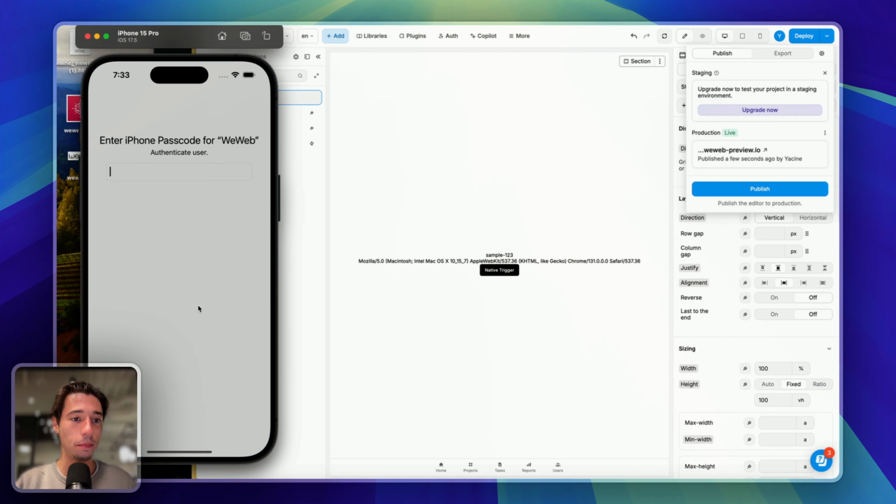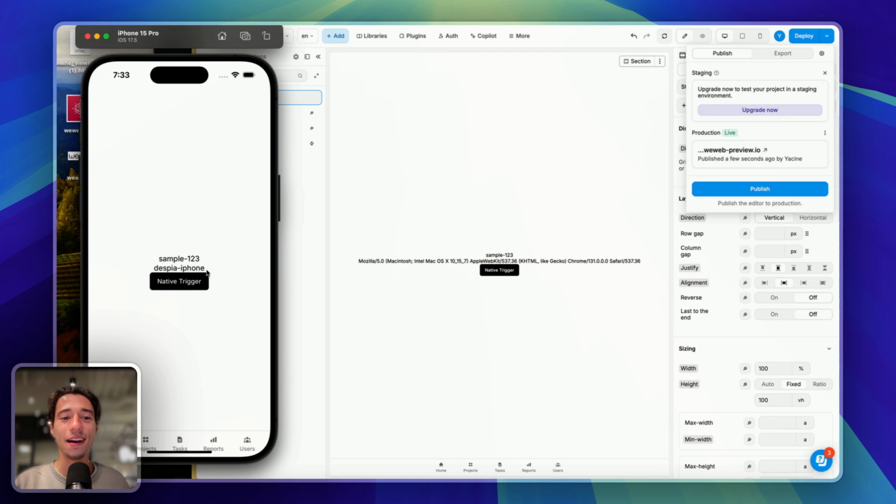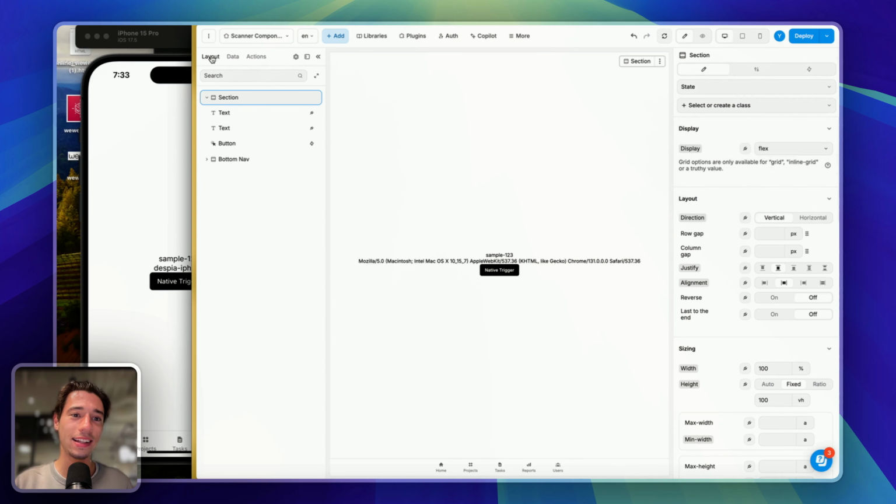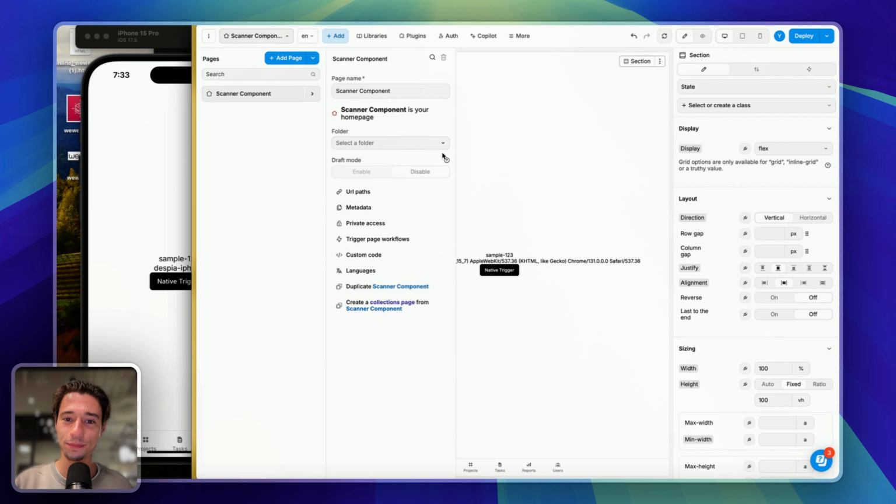So when I open that app here, I authenticate, and as you can see, I have sample 1 to 3. Maybe there's something wrong with our code that the AI generated, because it should work. We'll double check on that. Let's go on our page again, because I think maybe the return statement